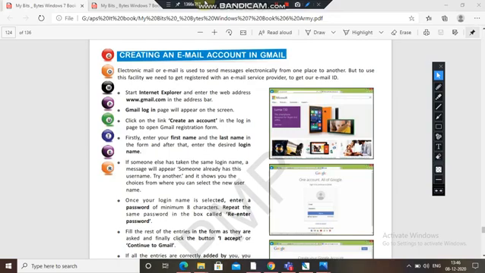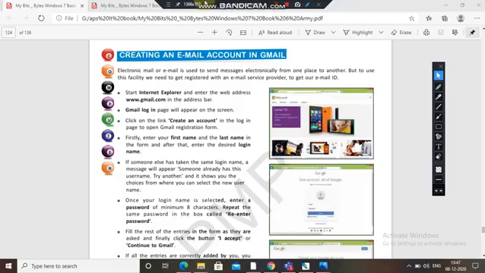You need an address. So start Internet Explorer and enter the web address www.gmail.com in the address bar. What happens? The Gmail login page will appear on the screen. Then click on the link create an account, or you can see sign in or create an account. Earlier you were not registered, that's why you can't sign in. So create an account.